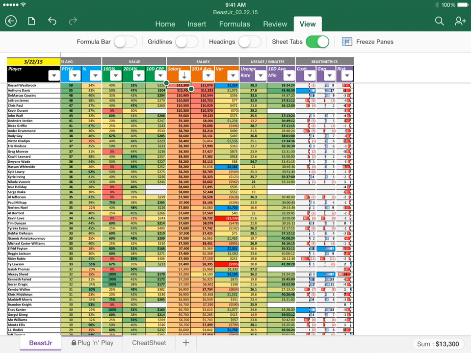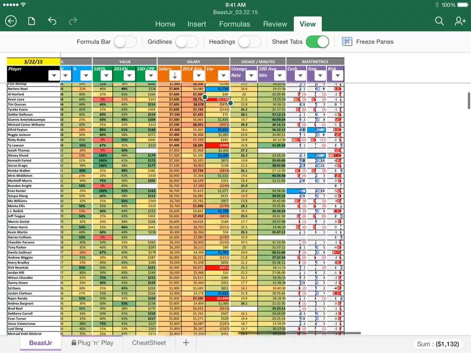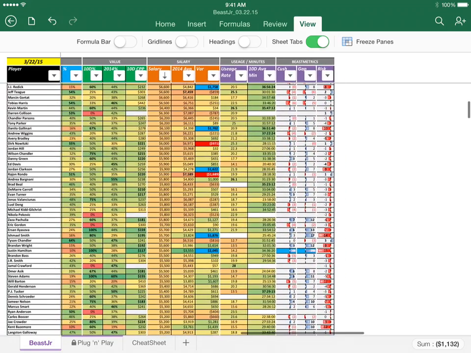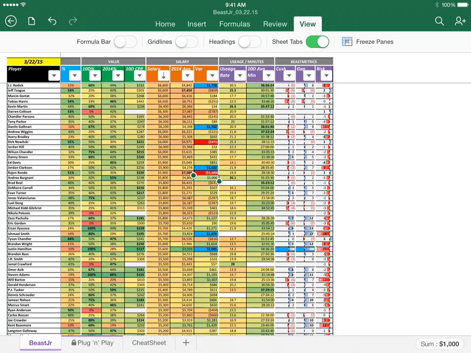So right now you're going to be paying a premium for him. He is $2,224 above his average salary. You can see that guys like Kevin Love, his salary has dropped significantly. As you scroll through here, you can see Rondo as well. His salary has dropped. His average was $7,500, now down to